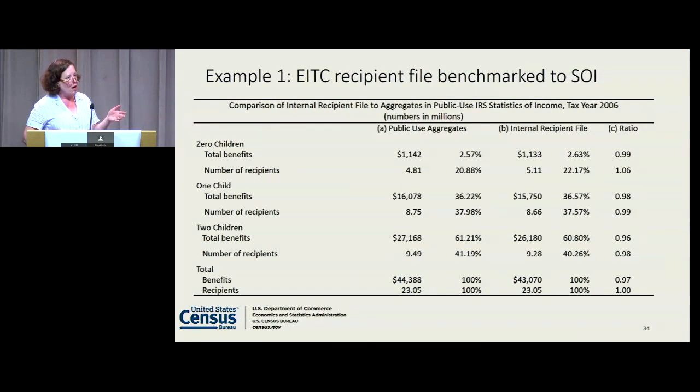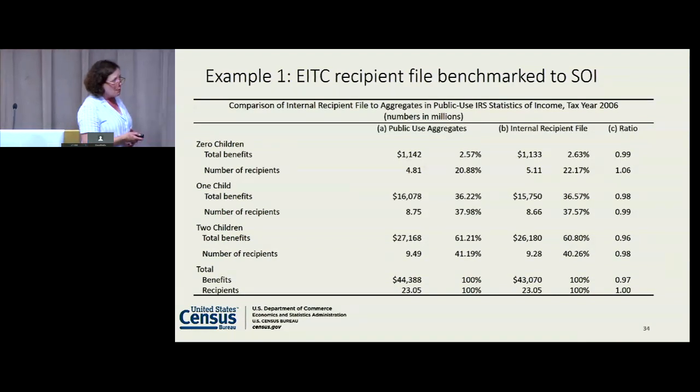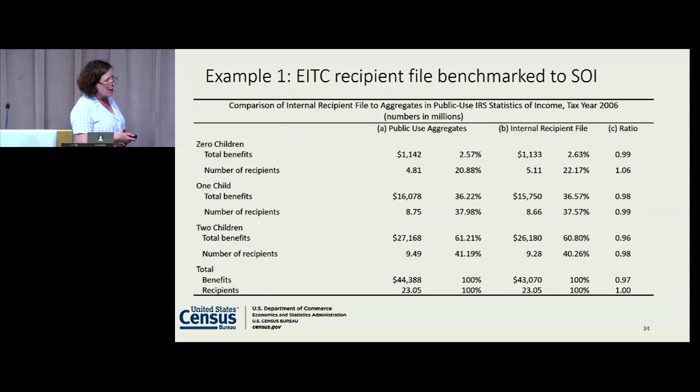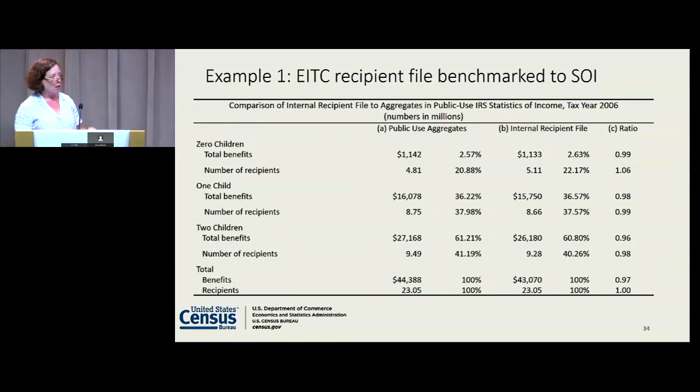And so this was a robustness check that we made as part of our paper. You can see that the internal recipient file does a really good job of capturing everybody. And here's where I can bring out the pointer. So we found 100% of recipients, so that's nice. And we found 97% of benefit dollars. So there was a capture of that information between the recipient file in-house and the public reports, which was a